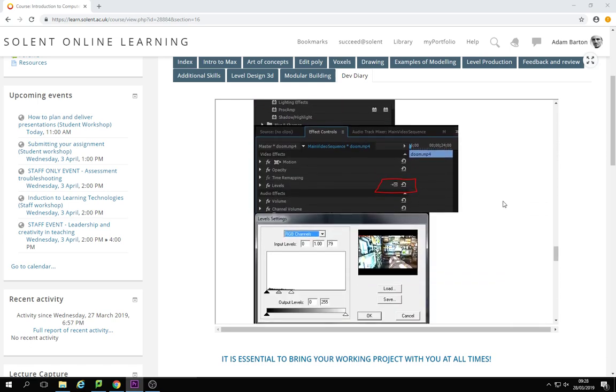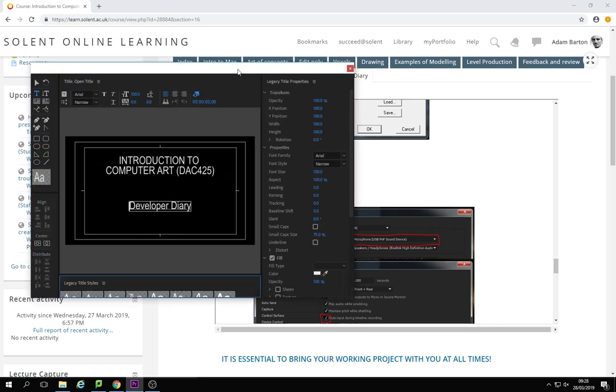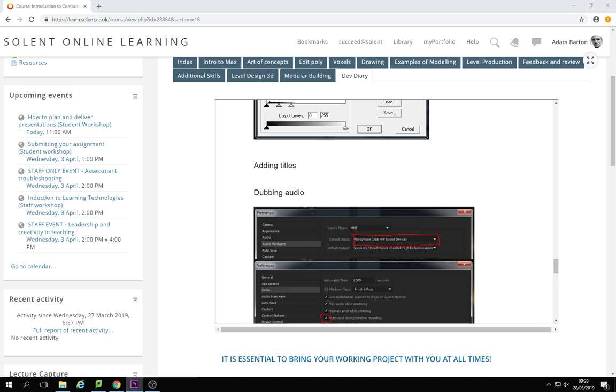Right, okay, so we've done adjusting the brightness. Let's go and look at the title. So I already have a title sequence by default. If you double click on this, it will open up the title sequence editor. I want you to add your name to this. So in order to do that, all we do is click and drag and you'll get a box. I'm just going to type in